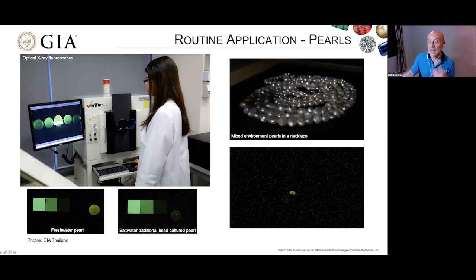But the X-rays that we check, when we check the RTX unit, we will be able to only then test to see whether it's a natural freshwater pearl or a non-bead cultured freshwater pearl or a bead cultured freshwater pearl. So it just tells us the environment, but it doesn't tell us the result.